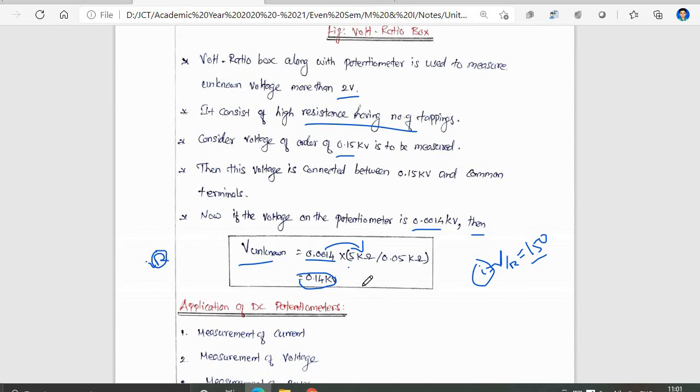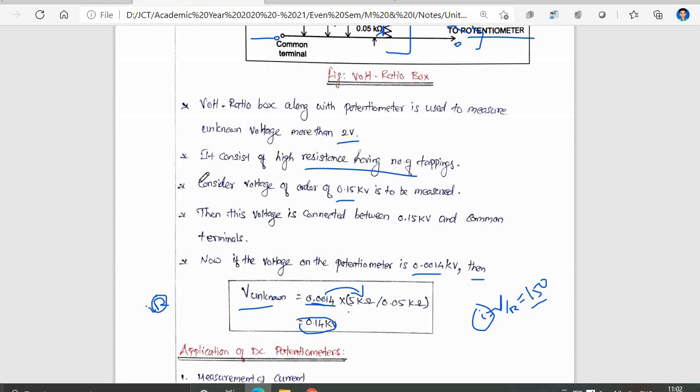Sir, I am getting 0.14. Okay. Because we are using kilo ohm, you have to adjust to milliampere. The current will be in milliampere, so I have to put 0.0014. Just try it. No problem, there is no problem in that topic. Just understand the concept.